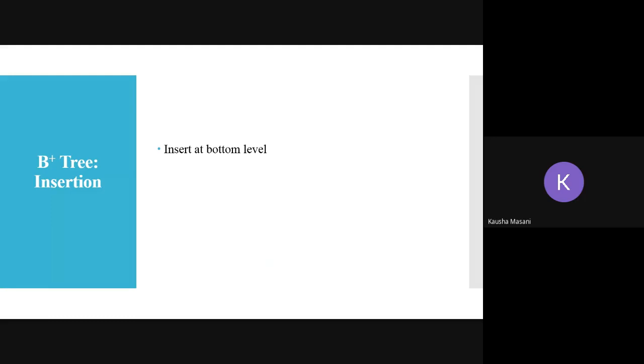Now, if I want to go for B plus tree insertion, no change at all. Okay, splitting is also going to happen like that. Again, data which is on the left of root should be less. Data which is on the right of root, okay, should be equal to or greater than the root. Okay. So see, now you have to start insert from the bottom level. Fine. Bottom level means you are going from downwards towards upwards.